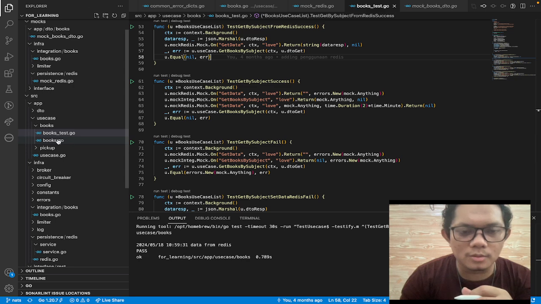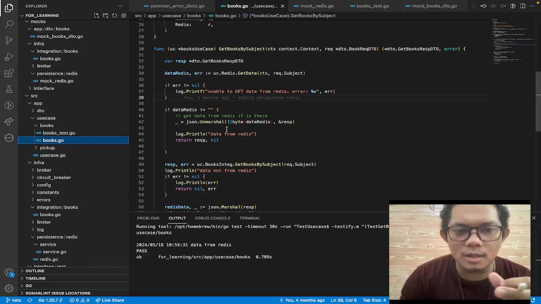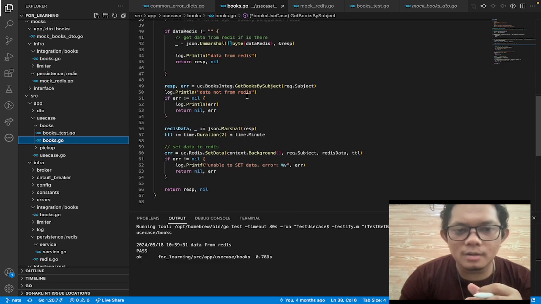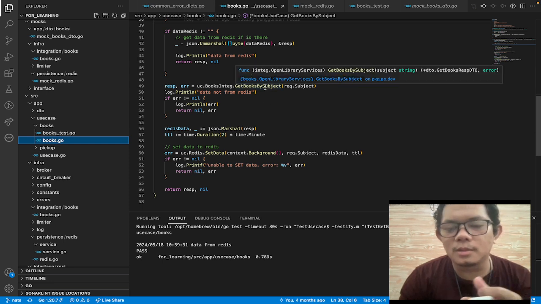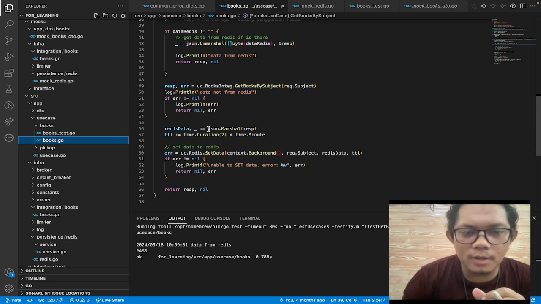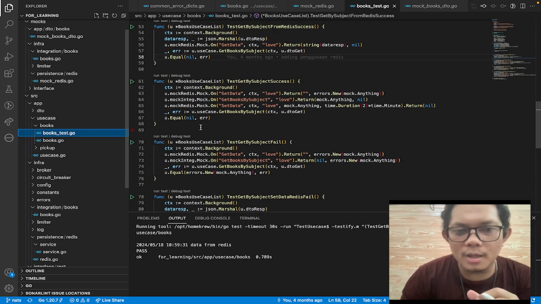So we go back to the actual method in this line. If data Redis is empty, and then it retrieves data from the original third party. After that, we set the data to the Redis. So we will make the test like this.